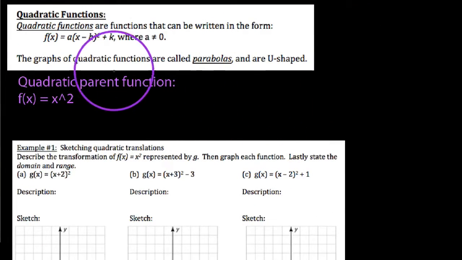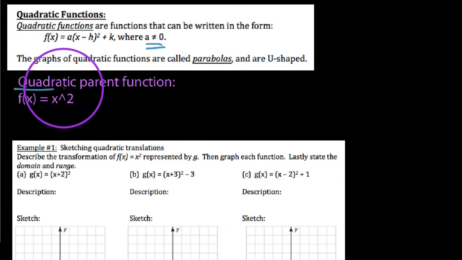Okay, YouTube, in this video we're going to talk about the basic transformations of quadratic functions. That is, we say that quadratic functions are functions that can be written in the form f(x) = a(x - h)^2 + k, where a is not equal to 0. So recall that when we talk about graphs of quadratic functions, we're referring to these U-shaped graphs that are called